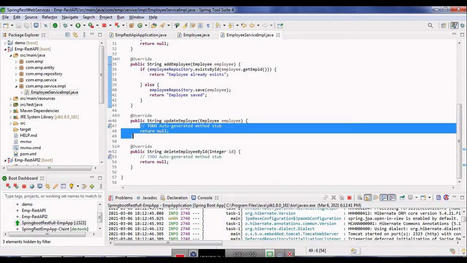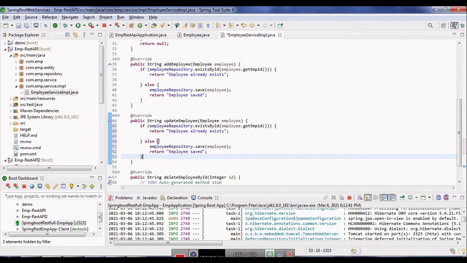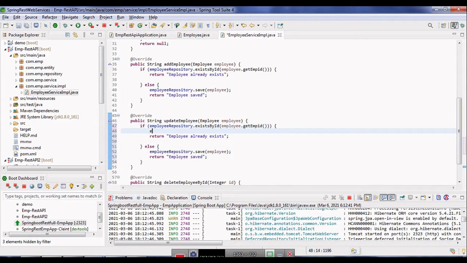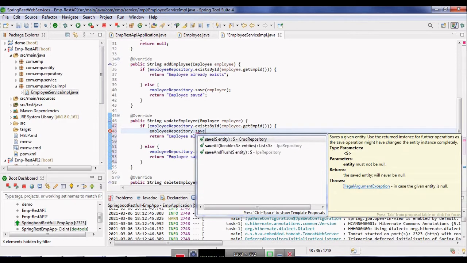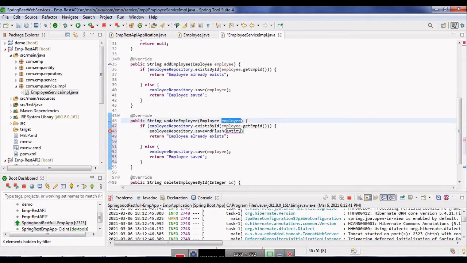Just here I'm going to add dot, there is a save and flush method. You can use that, and we can pass this employee as the parameter, and we can return a message, employee updated.